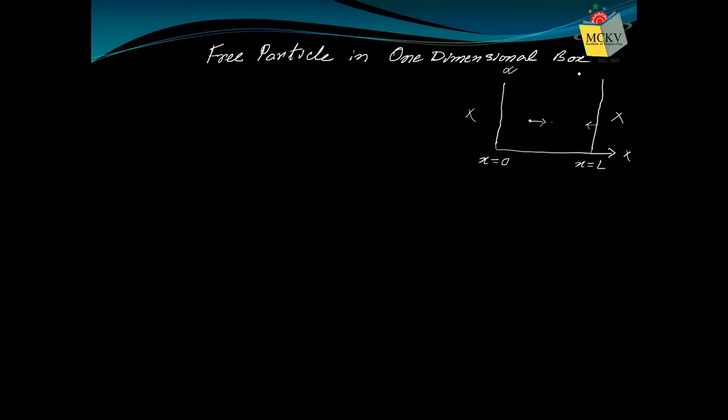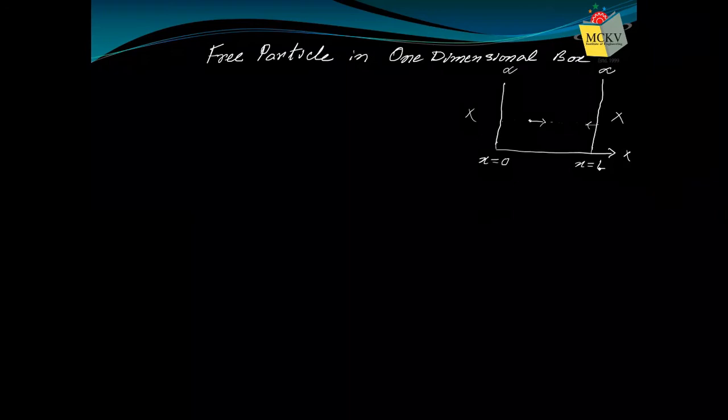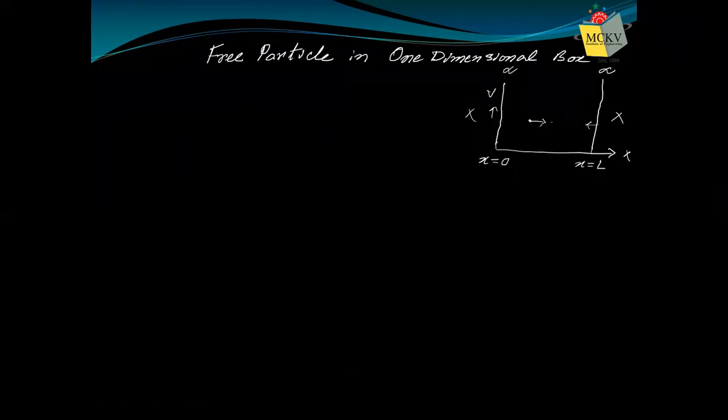So as if the potential at these boundaries, that is at x equal to 0 and x equal to L, is infinite. Therefore, under any circumstance, whatever be the energy of the particle, it cannot escape from this because it cannot have an infinite amount of energy to cross this wall. Therefore, the particle is always within this box. Outside the box, there is no existence of that particle. It is always in between x equal to 0 to x equal to L. It is moving or making a to and fro motion within these two walls. Clear? So that type of box is called a one-dimensional box, 1D box.